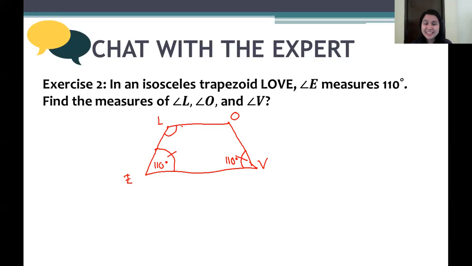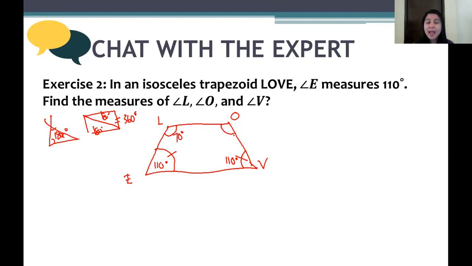Oh, very good, Tatiana, 70 degrees. Let me give you a hint. This is a quadrilateral, right? So in a quadrilateral, remember in a triangle, the sum of all the angles is 180 degrees. This is a quadrilateral, so you can make two triangles. So that's 180 plus 180. The sum of all the angles is 360. Say that in an isosceles trapezoid, consecutive angles are supplementary. So that's 70 degrees. Very good.